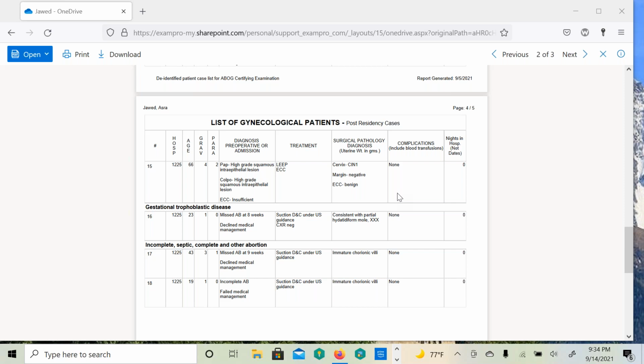If I were defending this case, I would say to the examiners, well, ma'am or sir, I understand that generally, for the reasons we've discussed, a conization is preferable to a LEEP for deeper sampling because the transformation zone is higher. However, in this case, I did have an adequate colposcopy. I could see the entire lesion. It was exocervical, and I biopsied it right there, and I got the diagnosis. And her cervix was short, and I was definitely concerned about the risk of complications of doing a conization. So in that case, I opted for a LEEP with a separate ECC. Okay. How's that sound? I think that sounds pretty good.